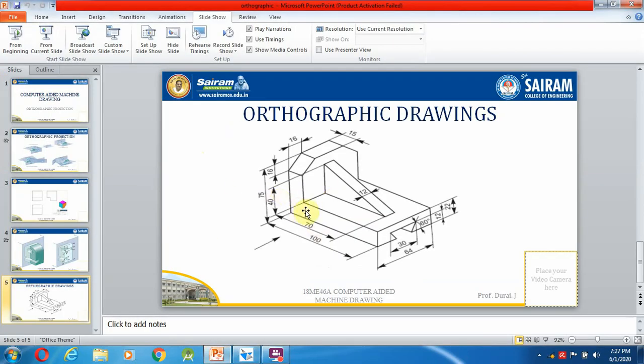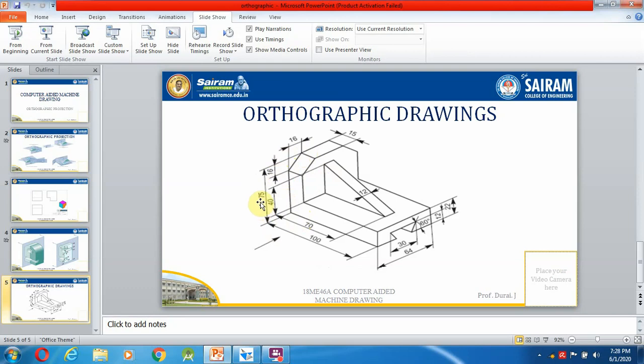And what is the height? So from here, what is the height? From bottom to top is 75 mm, but the inclined line dimension is 16 mm. Okay, so the inclined line dimension is 16 mm.